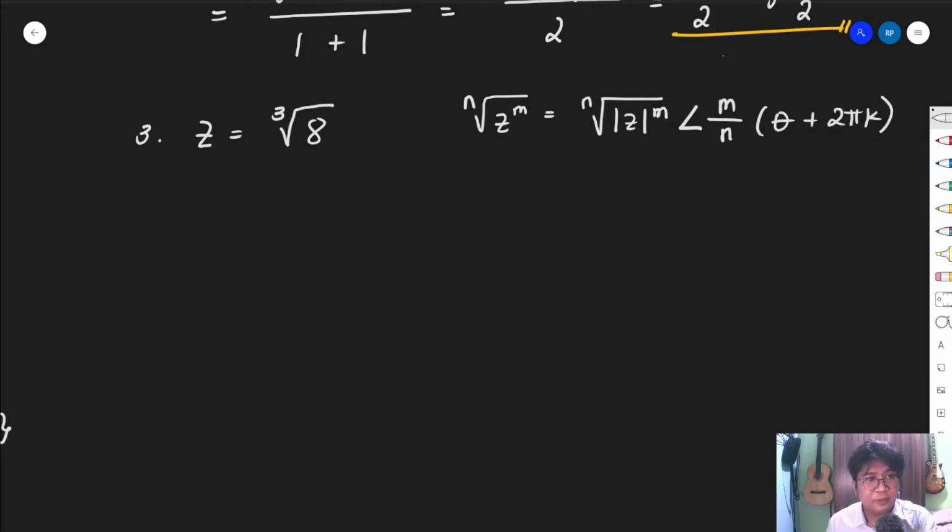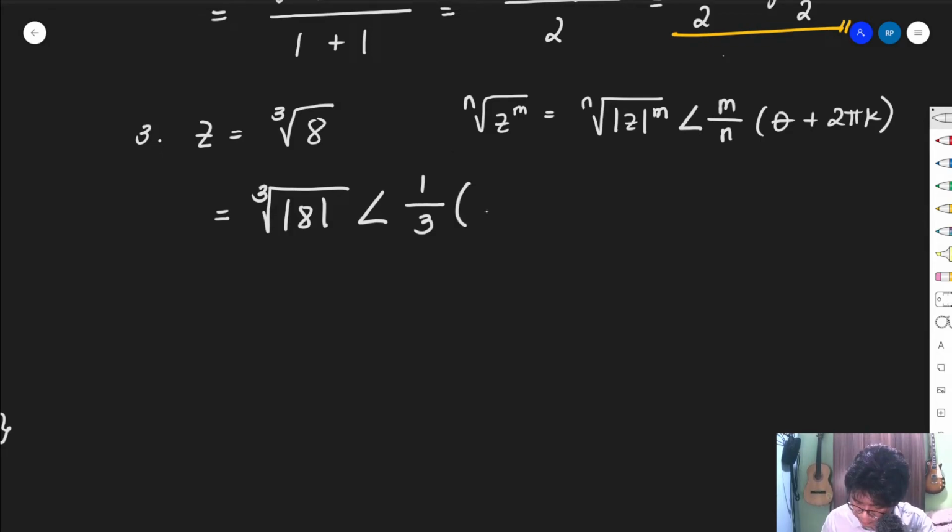This is the formula we will use. So we have here the nth root, which is 3, of the absolute value of 8, argument, that is 1 over 3, because the exponent of 8 is 1, times the argument of 8